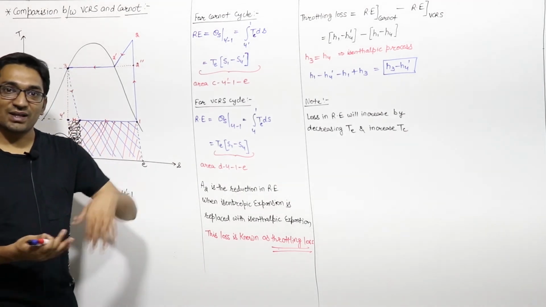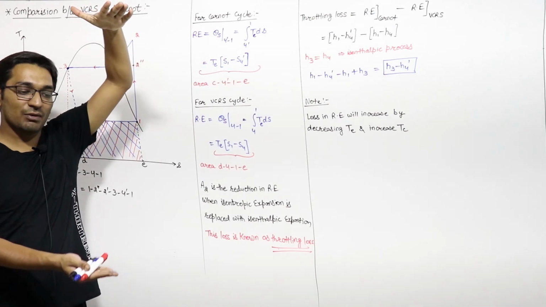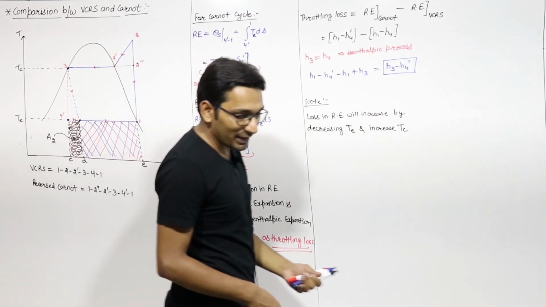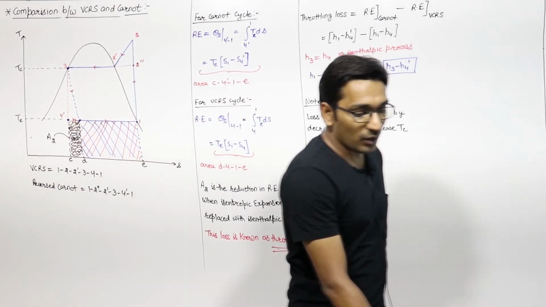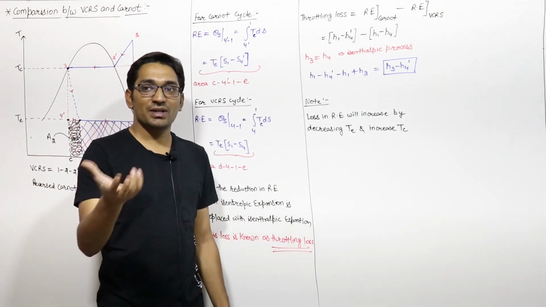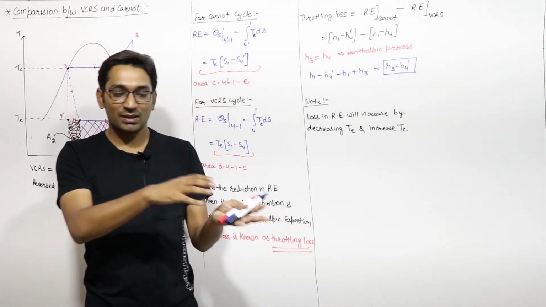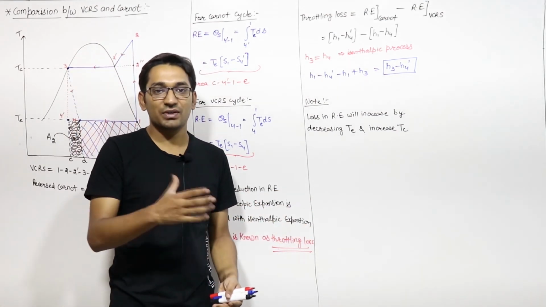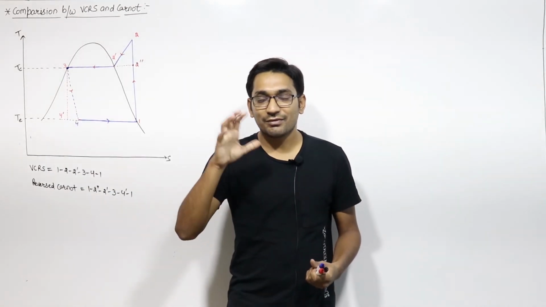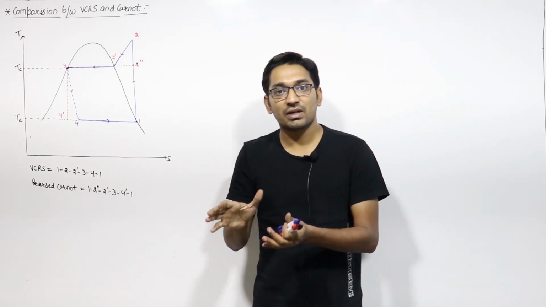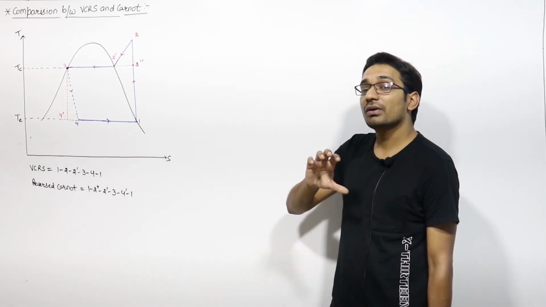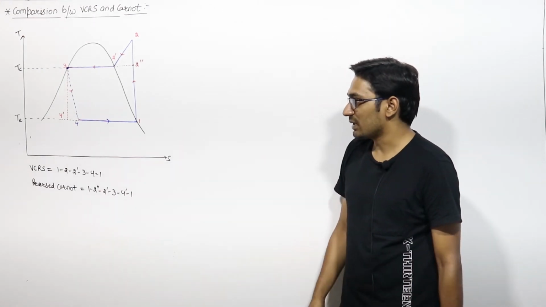So if you increase the condenser temperature and if you decrease the evaporator temperature, then this throttling loss will increase, right? Similarly, we can easily find out for the heat rejection process how much heat is rejected in the vapor compression system and in the reversed Carnot cycle. We already saw the difference between the refrigeration effect of the reversed Carnot refrigeration cycle and the standard vapor compression refrigeration system.